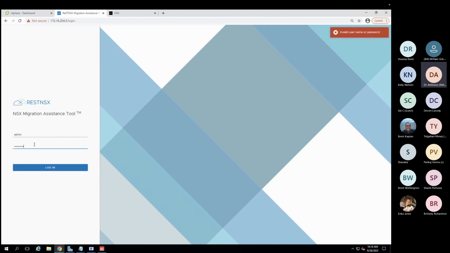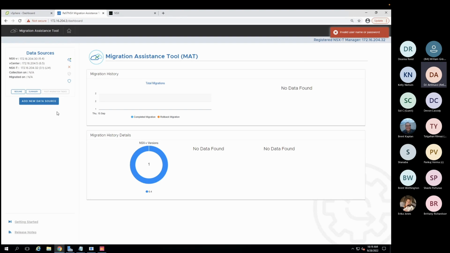I want to first use my right password and log into the application and highlight a few things of note. One is that our application supports what we call many-to-one migrations. A many-to-one migration means I can take multiple V managers and migrate them to a single T manager. I can take up to 12 V managers and collapse them into a single T manager. I have a utility customer on the West Coast of the US where we're taking 6 different V managers and collapsing them to a single T manager,